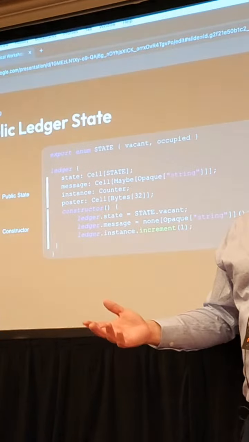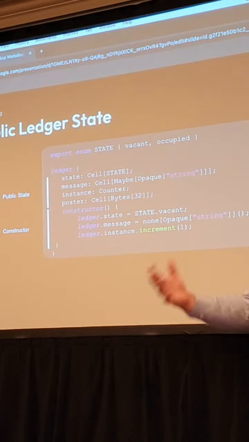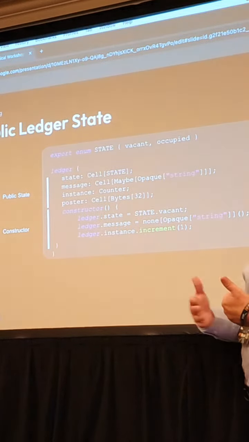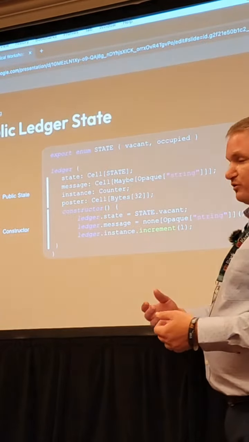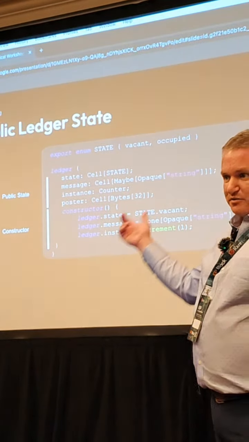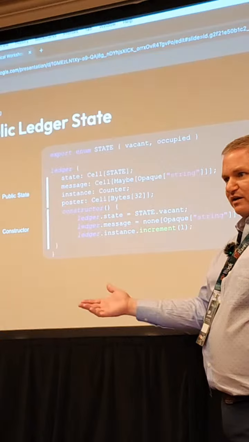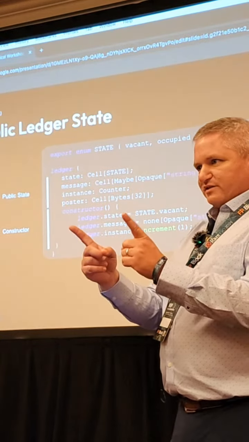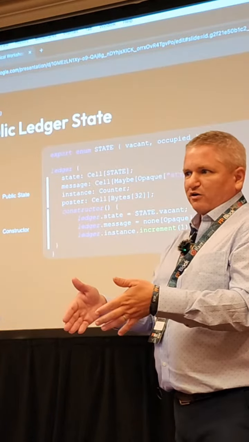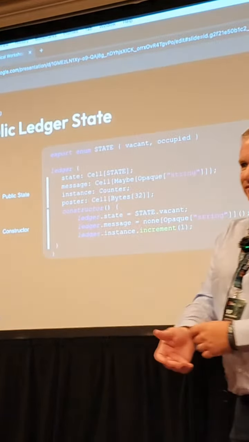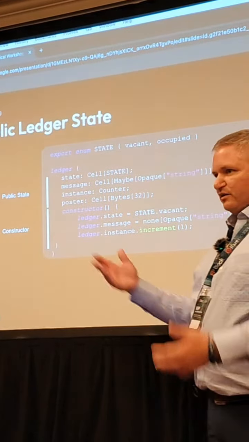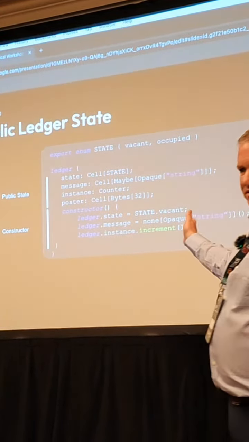And why do we do that? We do that because ZK is an expensive operation, the more math you make it do, the longer it's going to take. And so if we give you a few shortcuts or creature comforts, you can actually accelerate that. And so by making that message string opaque, it just turns it into a hash, right? Something that's a fixed size. Circuit can work off of that very easily. If you don't do that, it'll cause the circuit to actually try to understand the string, which is more than what you need for this specific example.